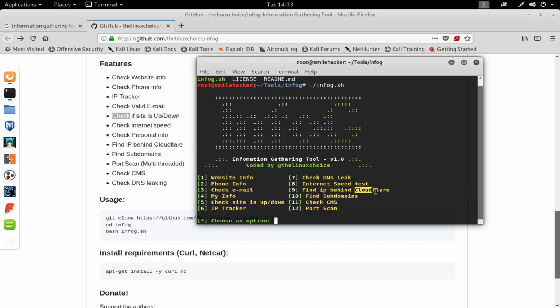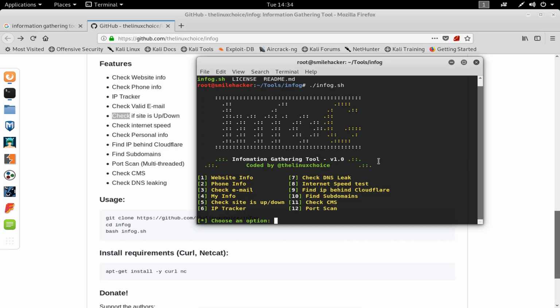What does Cloudflare do? Cloudflare hides the website server's original IP address and replaces it with the Cloudflare IP address, protecting against DDoS and other kinds of attacks. And find subdomains, it will be very helpful in bug bounties and VAPT. And port scan, which is a very useful tool.